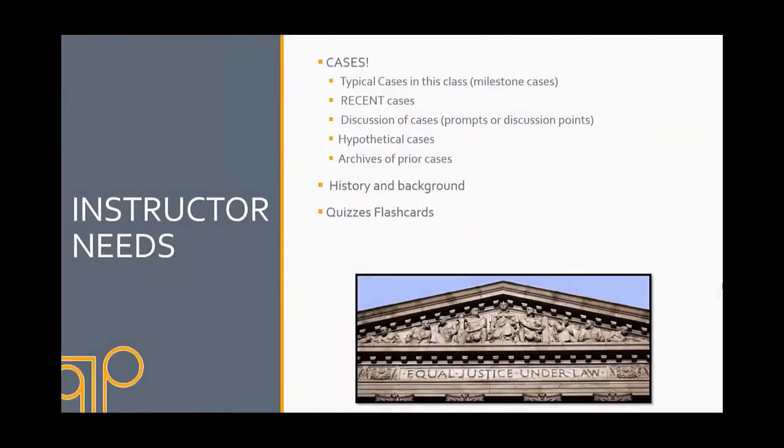So when you do start talking with these instructors, here are the things that they're going to be wanting to talk about. One of the first words out of their mouths will be cases. They want cases. Not only do they want the typical historical milestone cases, Plessy versus Ferguson type cases that are going to be incorporated in any common law book, they also want recent cases. They want a nice mix of the historical cases, but also what's going on right now